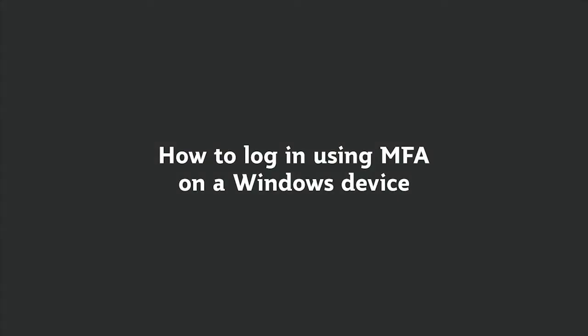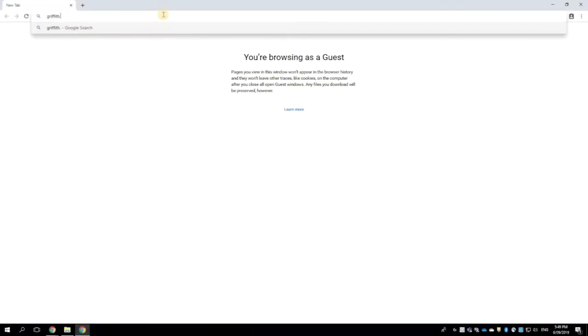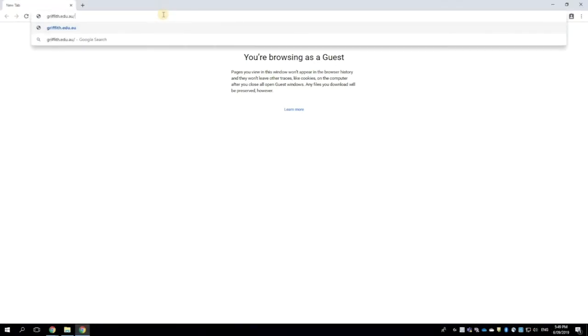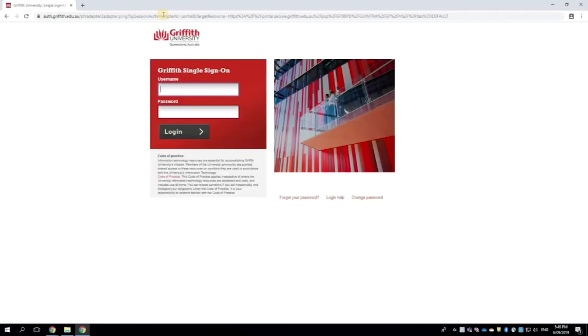We're going to look at how to log in using MFA from a Windows computer, such as a desktop or laptop. So you'll follow these steps each time you're prompted for authentication. The first thing you need to do is we'll show you how to log in and what the prompt that appears. So in this case, we're just logging into the intranet